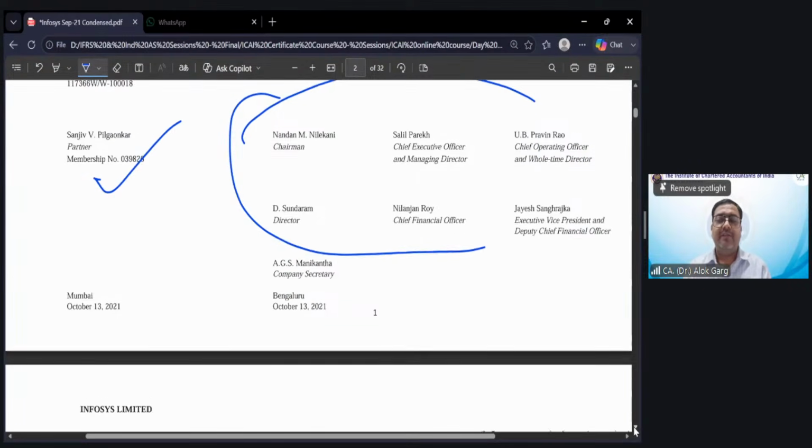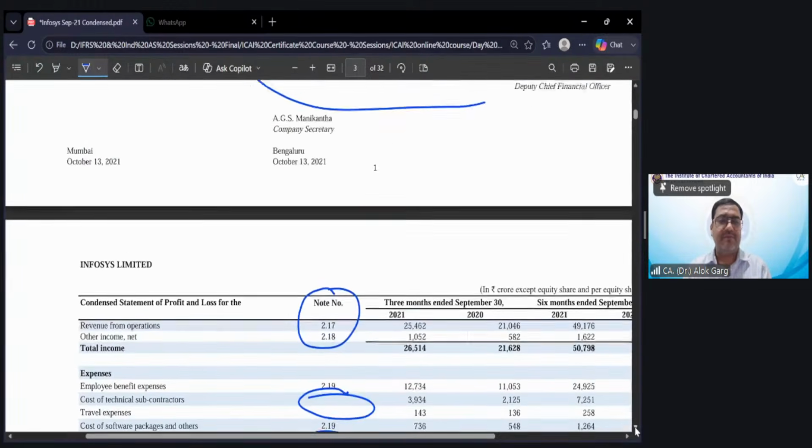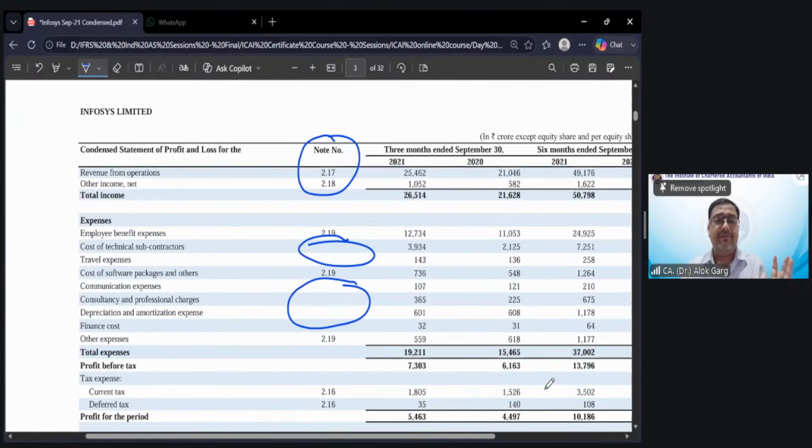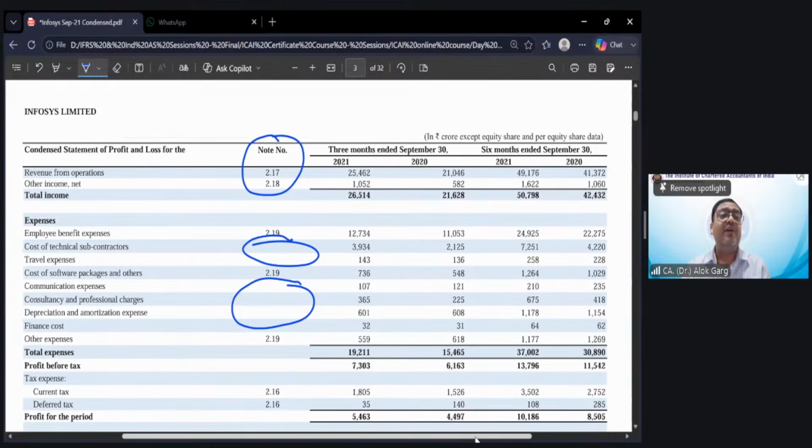Let me clarify. The Infosys financial statement which I am showing you is a September ended financial statement. Again, to clarify, there is no provision in the SEBI LODR or Companies Act to publish their interim financial statement on the website. Not mandatory. I have written it in the Excel file also. Sir, then from where do you get the Infosys financial statement? Infosys, TCS, a few IT companies, they are publishing it on their website also.